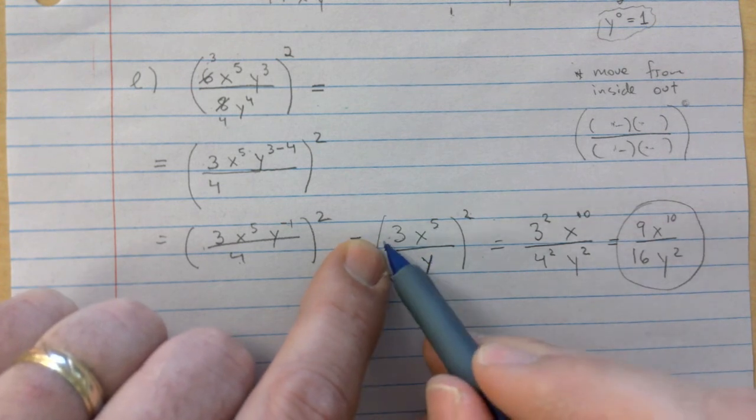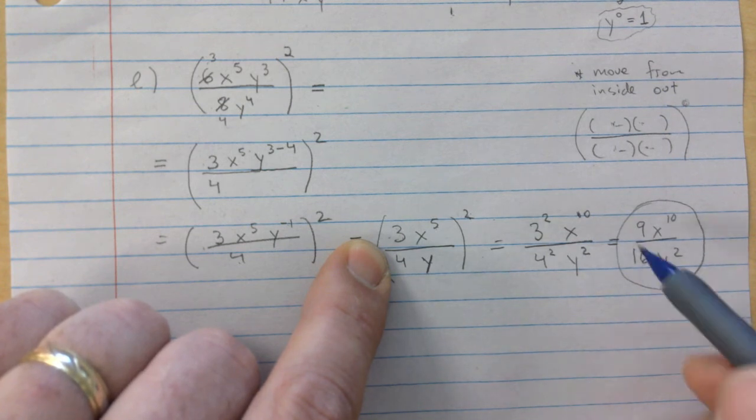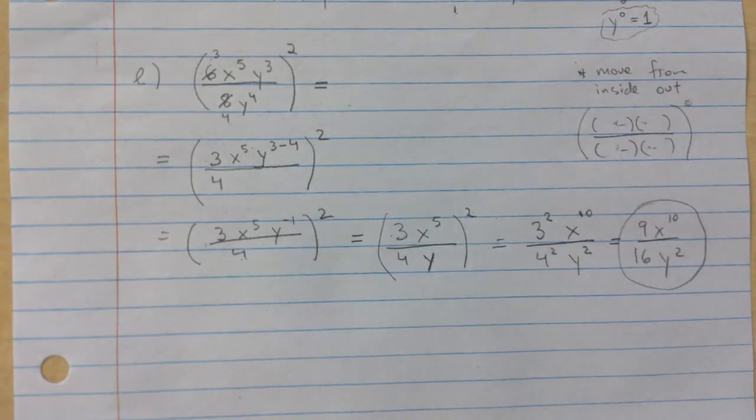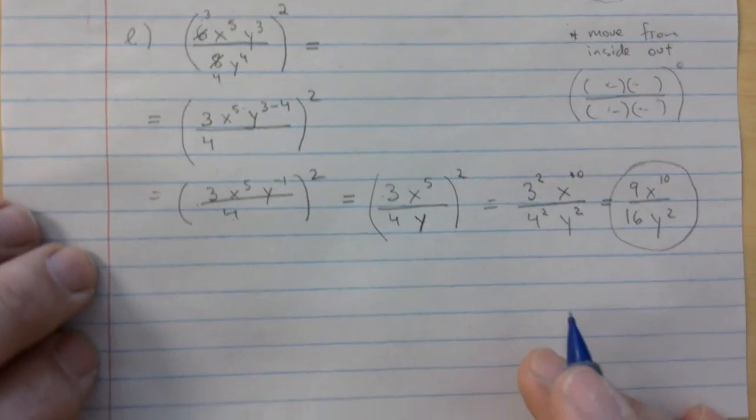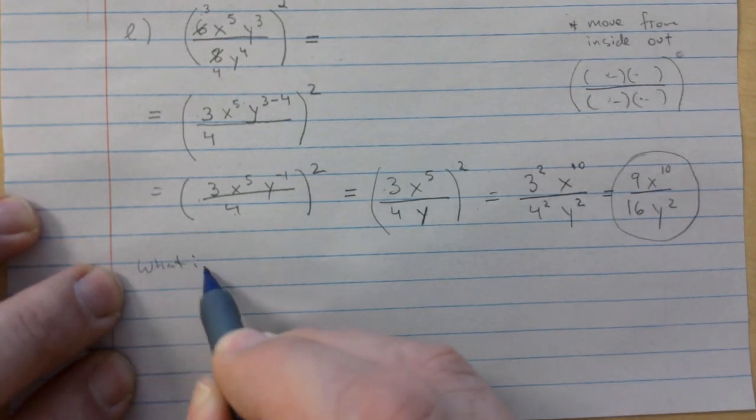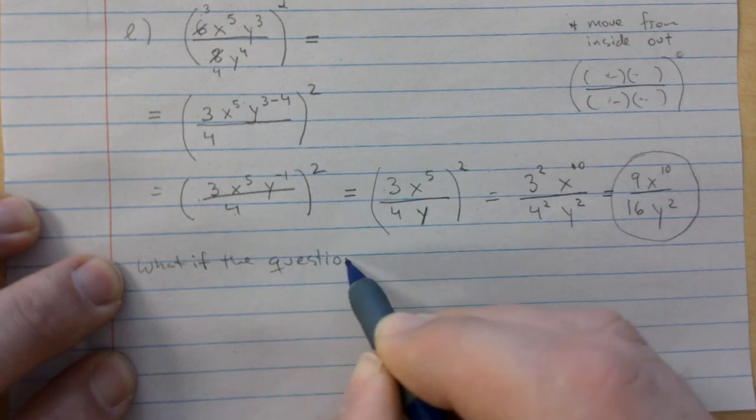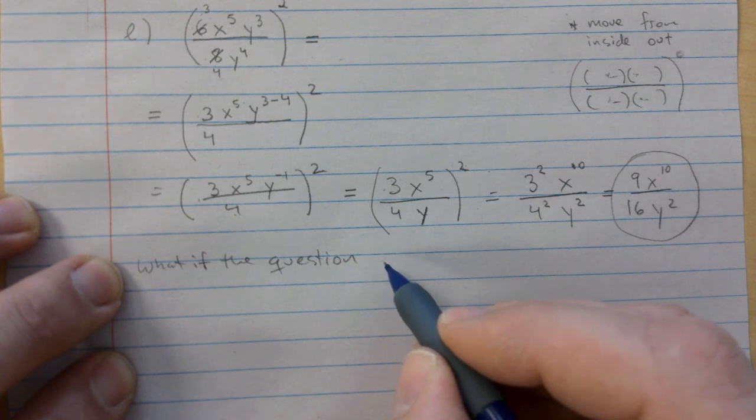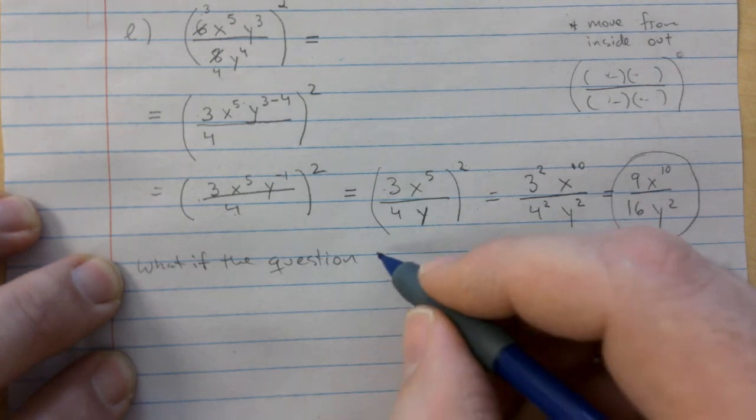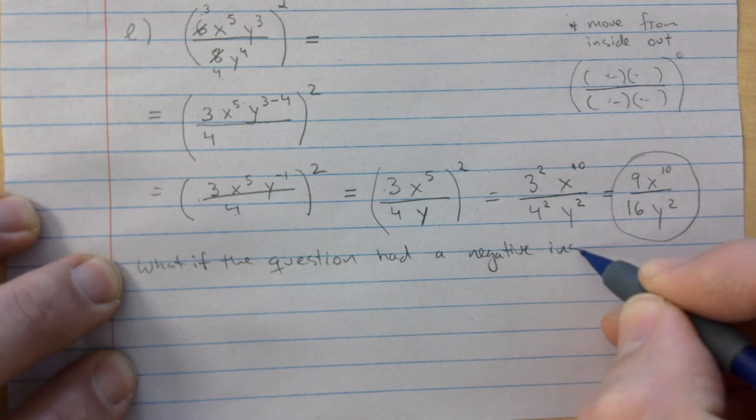If this had been a negative with a cube or 5 or something like that, your final answer somewhere would have to have a negative. But I don't want you to rewrite the whole thing. But what if the question looked like this? Maybe that's what I will do. Had a negative inside,